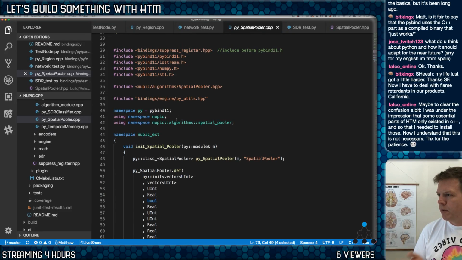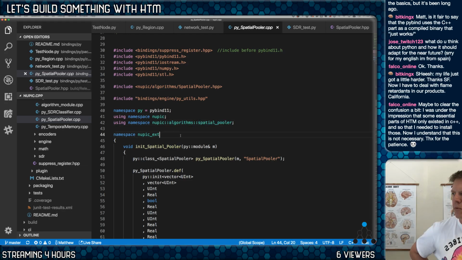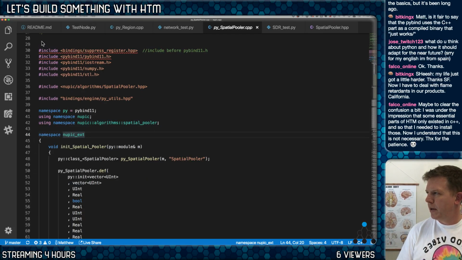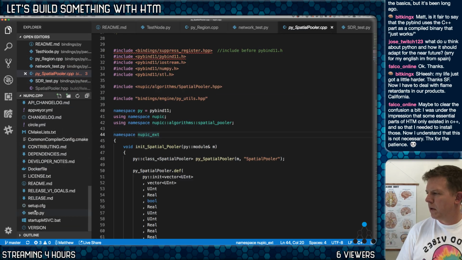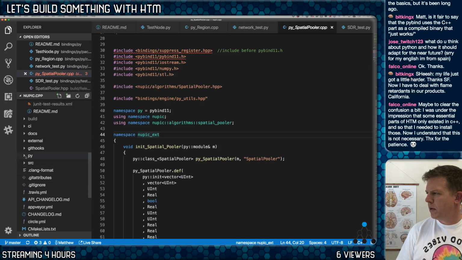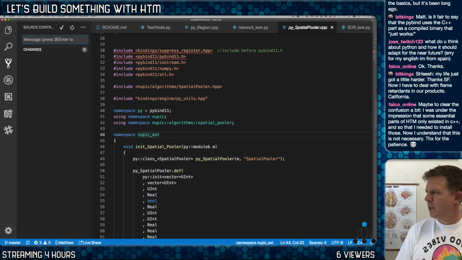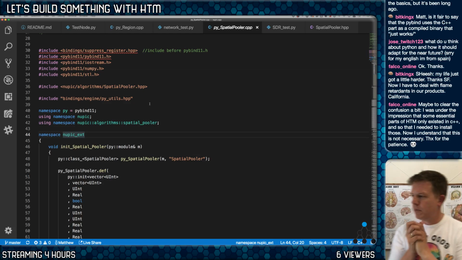So for spatial pooler, this troubles me because it looks like it should work. I recently messed with this quite a bit, and I had a script that I wrote. I'm not sure what I did with it. Is there anything in here that shouldn't be? No, there's no changes. I wrote this script in one of my earlier live streams,